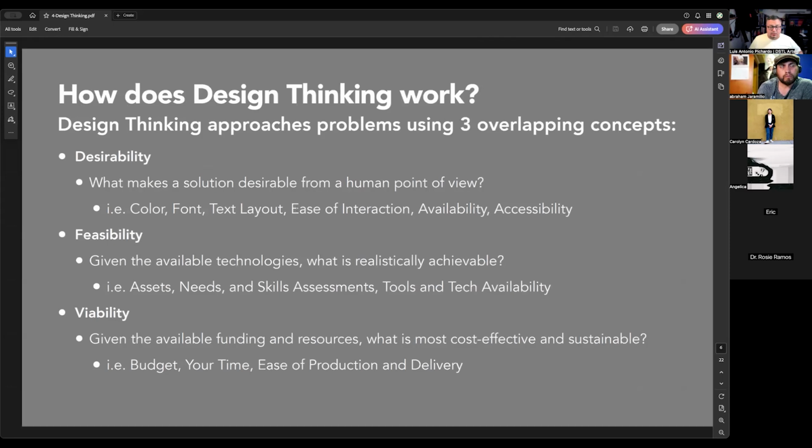Now, the way that the toned down version of design thinking works is that you focus on three overlapping concepts. The first one being desirability. And when talking about desirability, you basically are asking yourself this question: what makes a solution desirable from a human point of view? And this might be applied as you think about maybe building a website or building your logos. And like I said, how you might construct a zine or a book or any other type of art interaction,